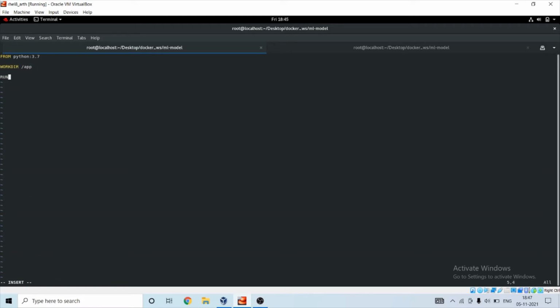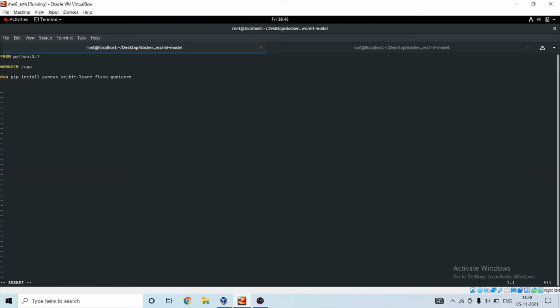We need to install several libraries, so we will write pip install: first pandas, then scikit-learn, then Flask, and then Unicorn. For deployment of the application, Flask is not advisable on production scale. For that, we use Unicorn.